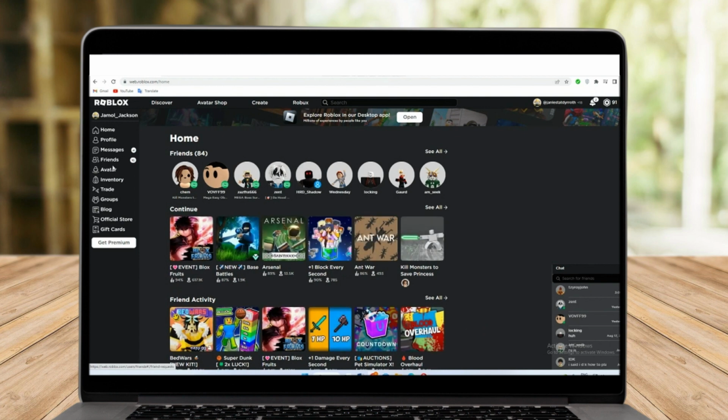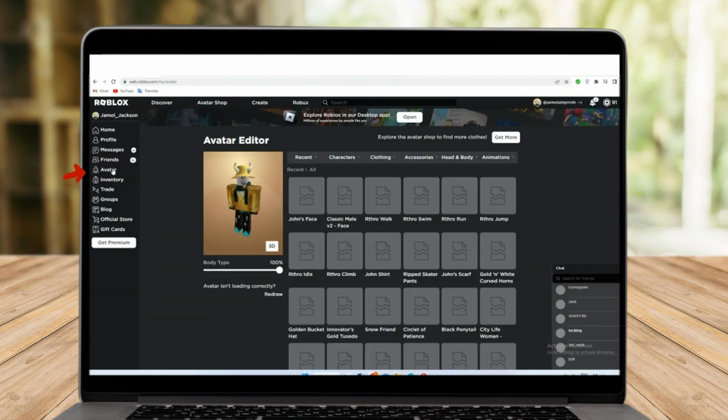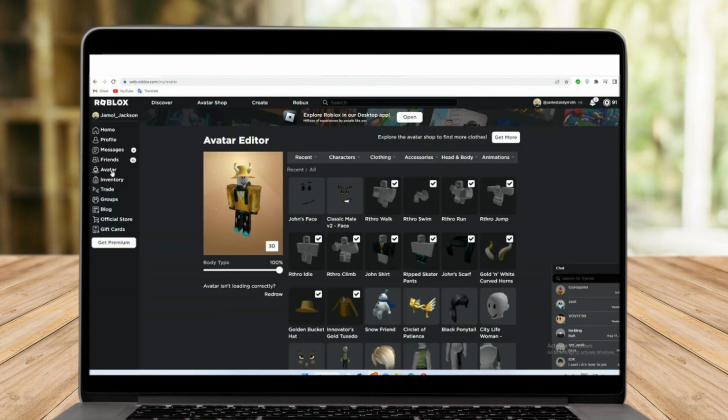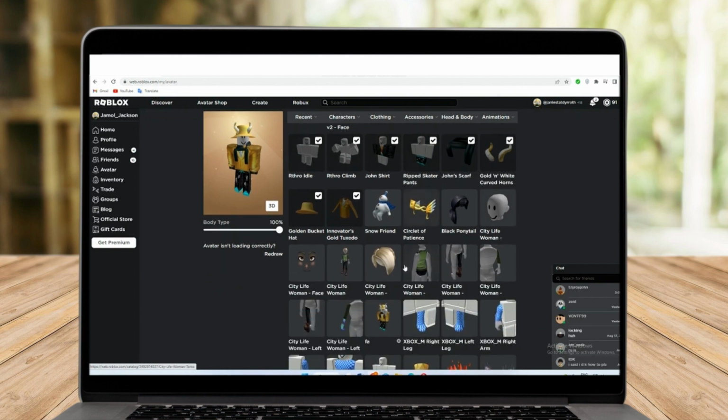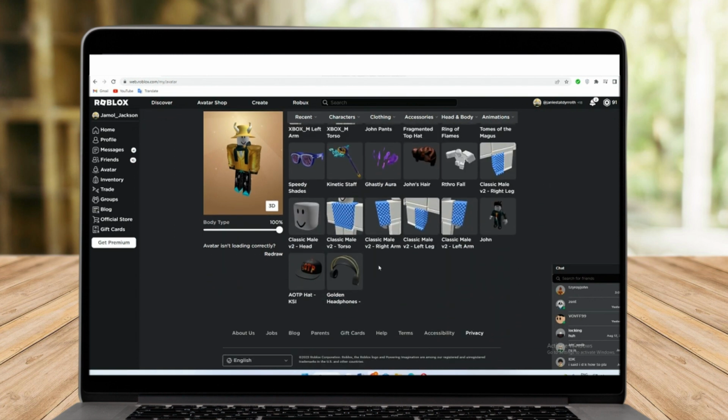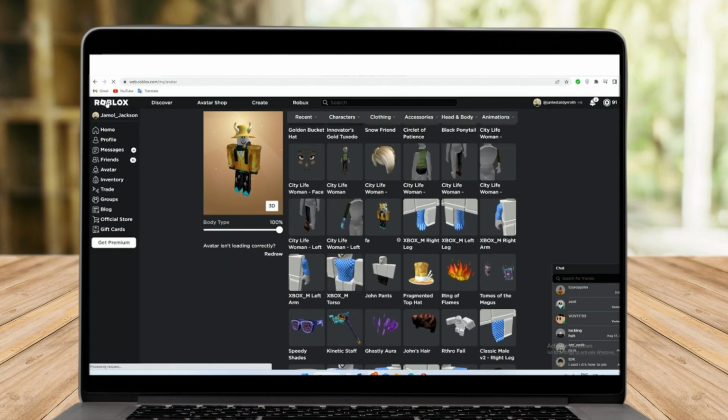Now log into your Roblox account and then kindly click avatar. So here is your avatar and you don't need to click this one here. Always make sure that you uncheck this area so that you can customize your Roblox avatar. So after that, all you need to do is to